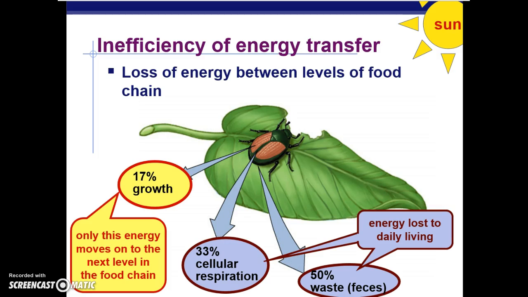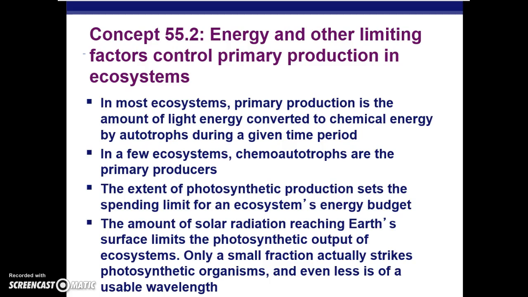So the part that goes into growth is the only energy that's available to the next level of the food chain. So energy and other limiting factors control the primary production in an ecosystem. So this is the second section of your chapter 55. And what the book's main concepts are in this section include